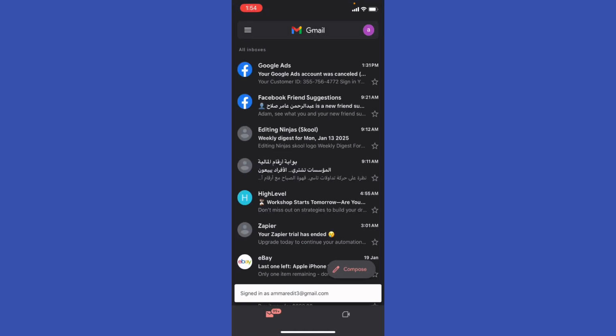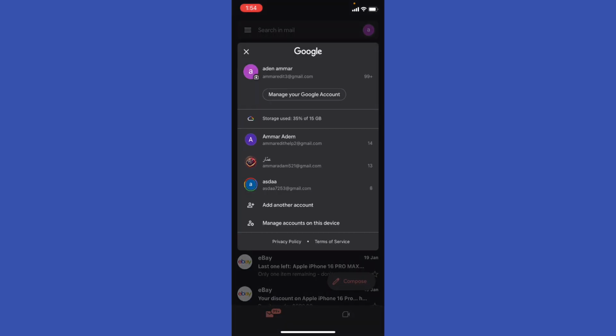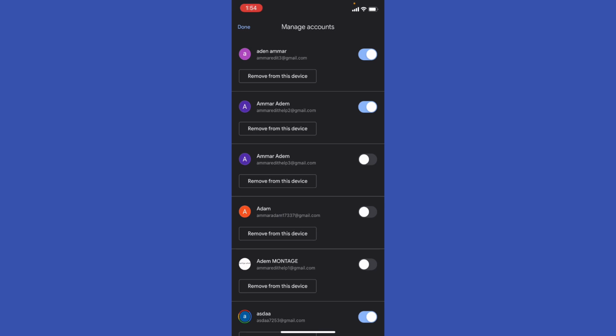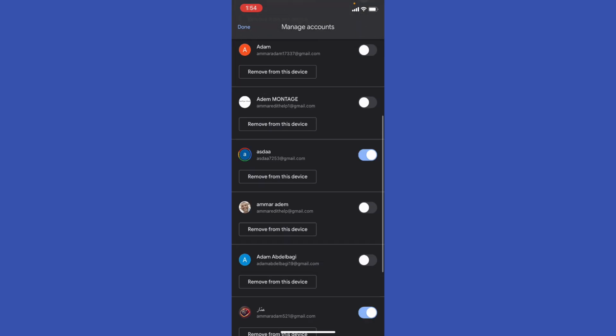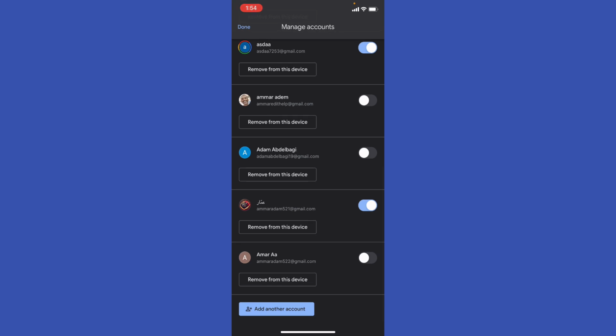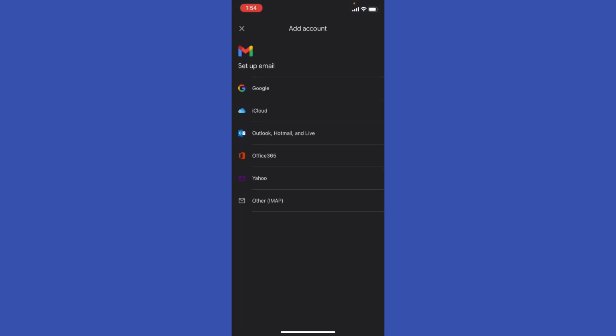Now what you're gonna do, you're gonna click your account at the top right. From here you're gonna be able to log out by clicking manage account on this device. You can just turn it off and you can log out of this account. Now you can scroll a bit down and add another account and go ahead and